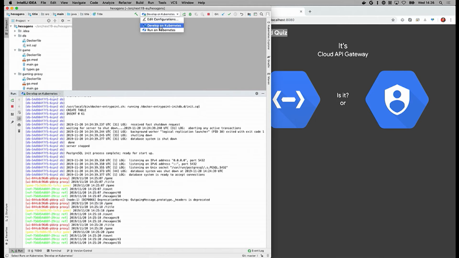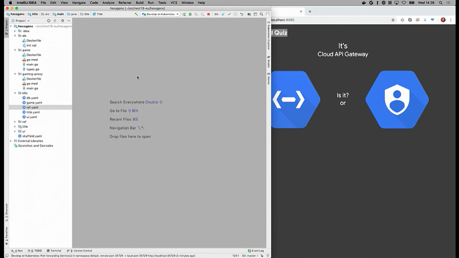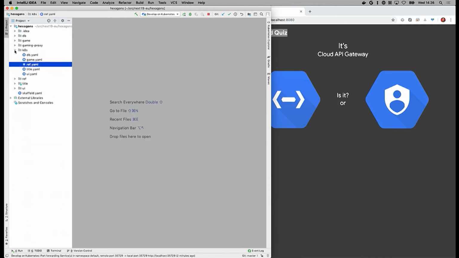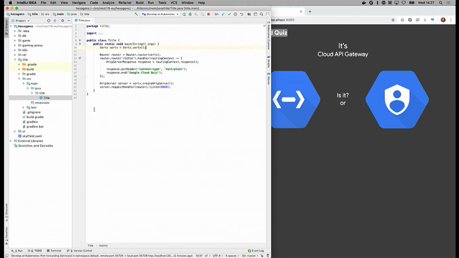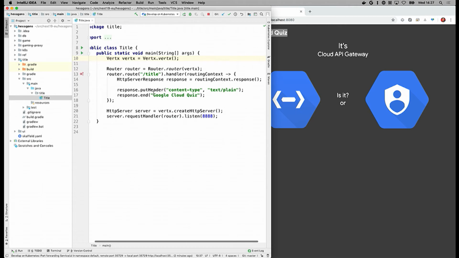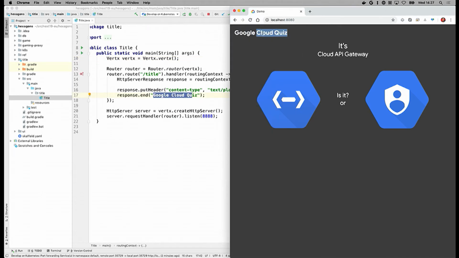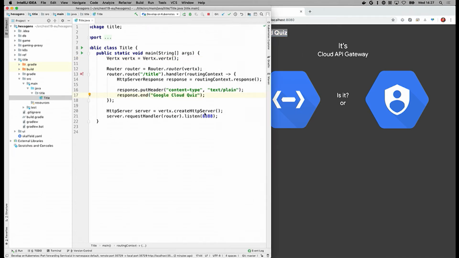And develop on Kubernetes is not only about deploying that application once, it's also about updating that application each time I make a change. So I'm going to show you that. I'm going to change a little bit of Java code here. This is a Vert.x application that's just serving this word here. Not super crazy. I'm going to add some more Z's. I'm going to save, and when I save it,